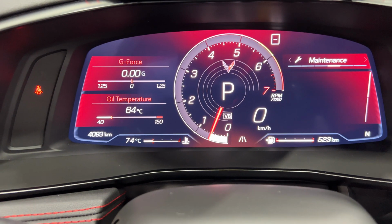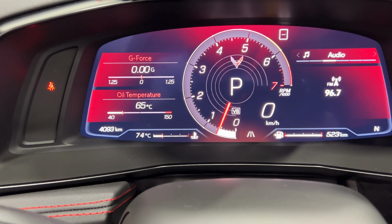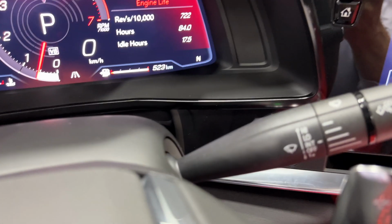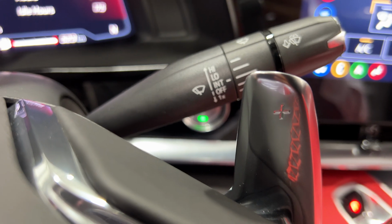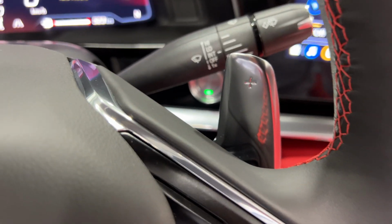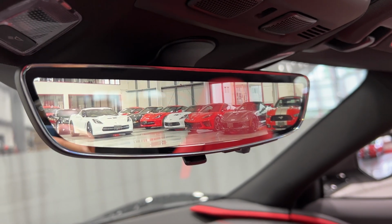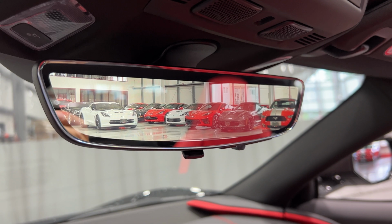So I can change different settings on here just by clicking buttons on the steering wheel, so those arrow keys. Over here we have the washer fluid on that side, and then here's your upshift if you choose to use the paddle shifters. Looking over here, we have the digital rear view mirror, so that's run by a camera. You can turn that off if you prefer. You have the universal garage door opener over here, and then we have the